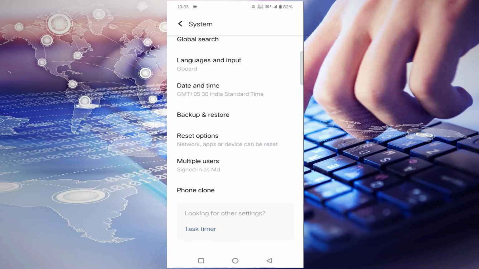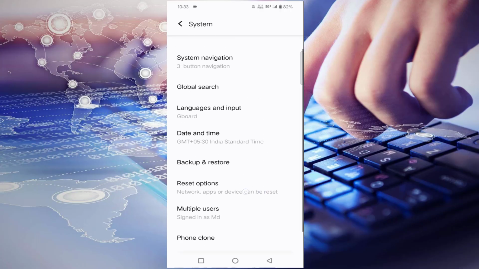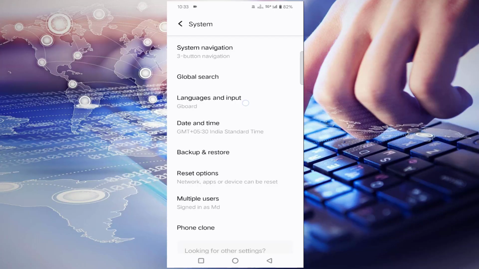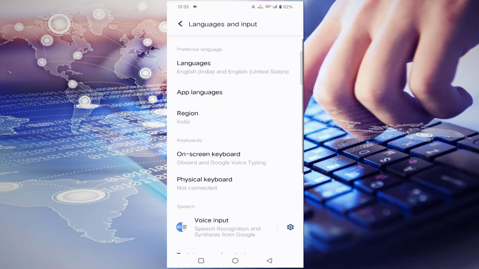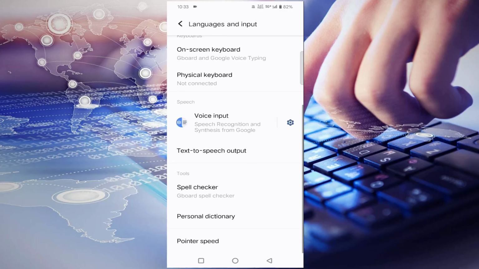After that, you will find here language and input, or in some mobiles you will find as keyboard. You have to just select that option. After tapping that,